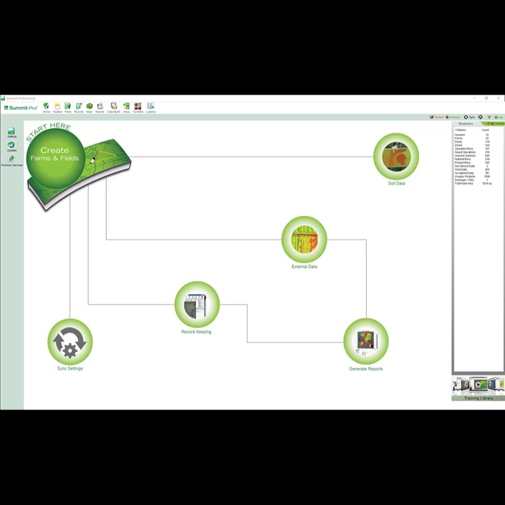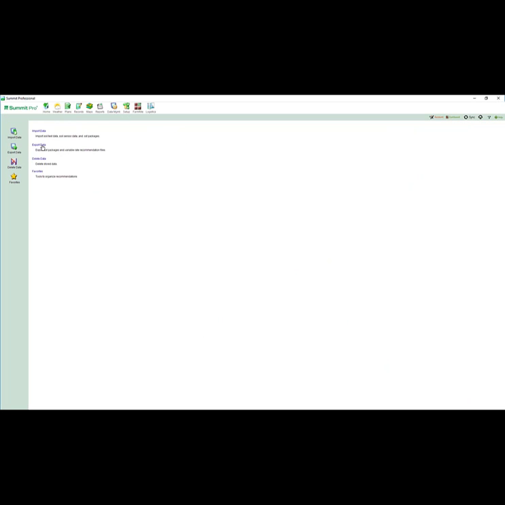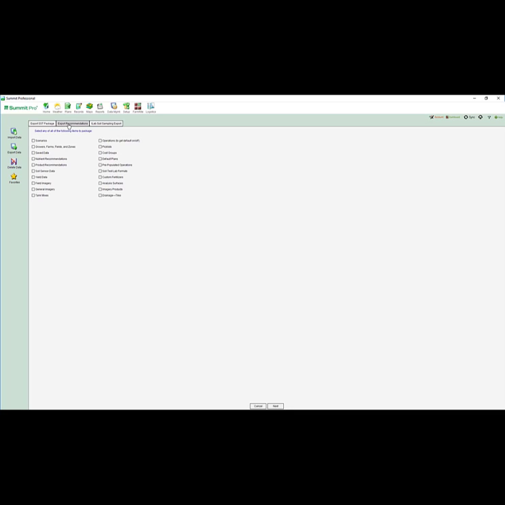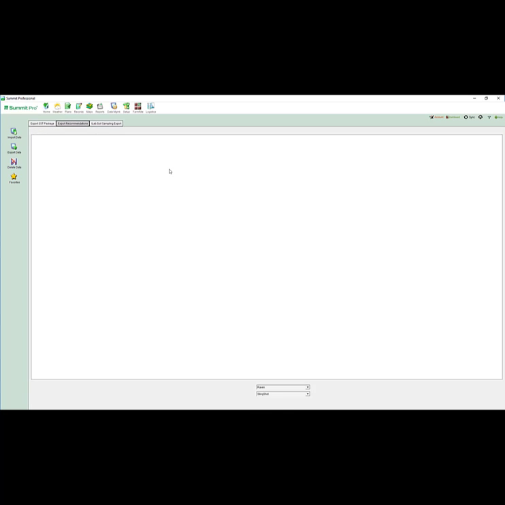This video will demonstrate how to export recommendations in the Summit desktop applications. To get started, I'm going to come up here to Data Management. I'll click the Export Data option, and then I'm going to select this center one here. It says Export Recommendations. And I want to do this for commercial fertilizer, but you would pick whichever one would